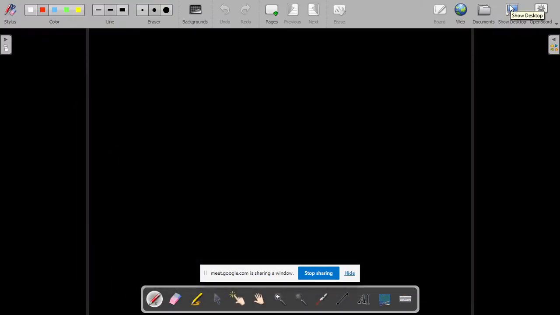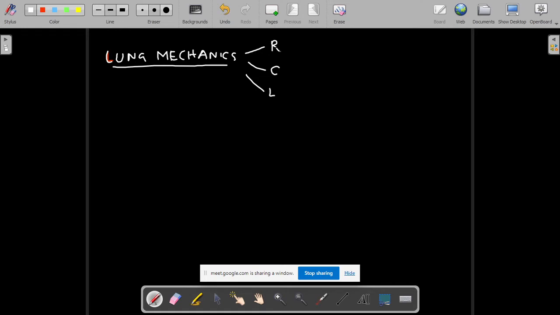So I'll just start again with the lung mechanics model alone. What we saw in the previous class was we tried to come up with a simple model for lung mechanics. To understand lung mechanics, first we understood there are some basic resistive elements, some basic capacitive elements, and some basic inductive elements. Electrically we call it resistance, and we can represent it by a general equation.